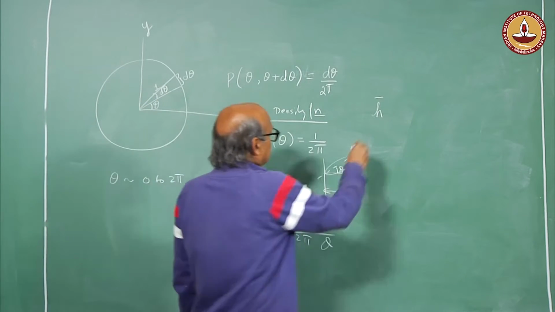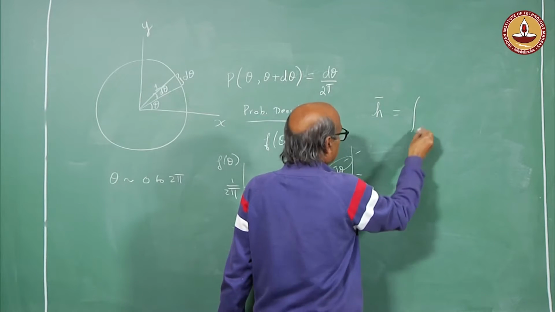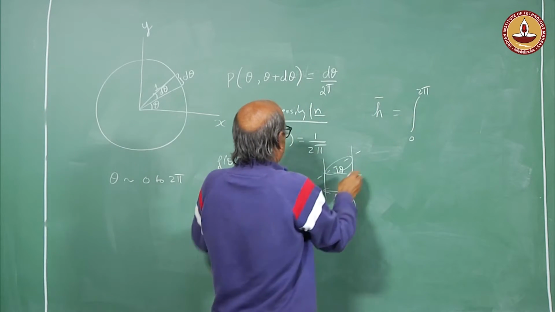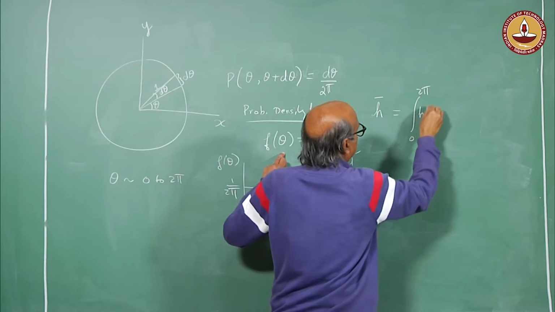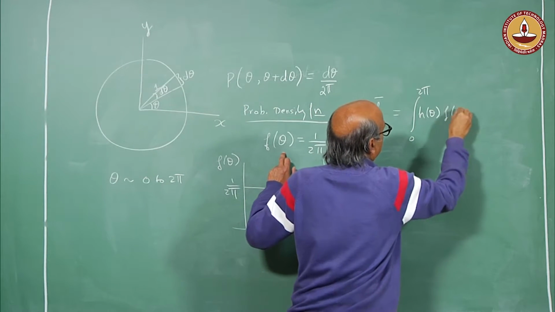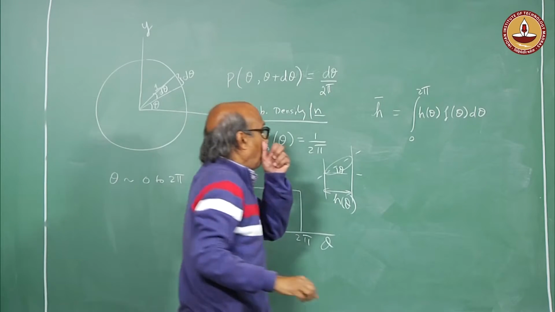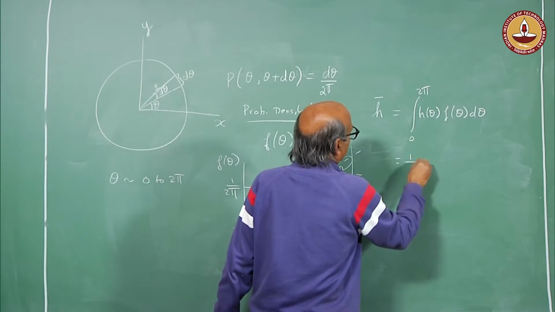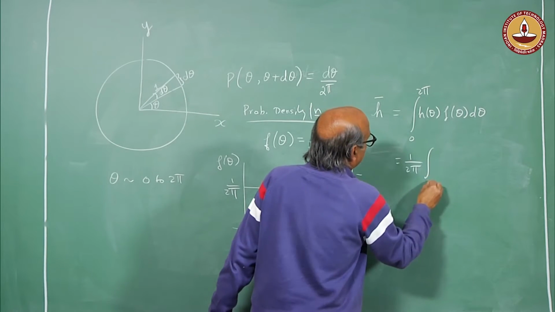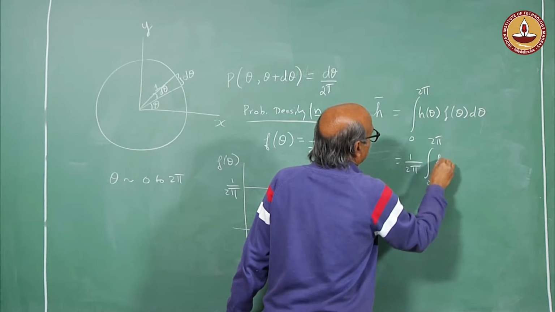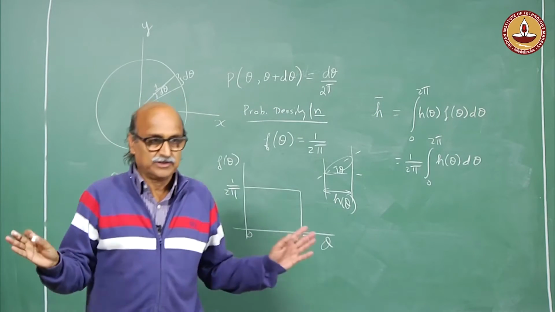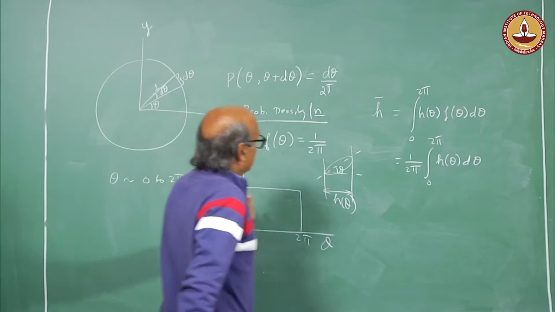Then this would simply be integral 0 to 2 pi h theta f theta d theta. This is a simple case. This actually comes out to be simply 1 upon 2 pi integral 0 to 2 pi h theta d theta. So, that is all you have to do if we are dealing with